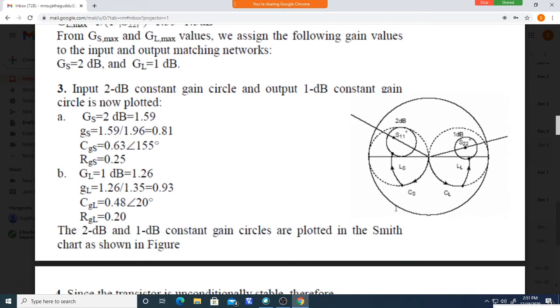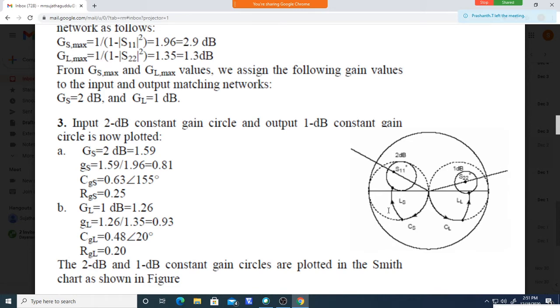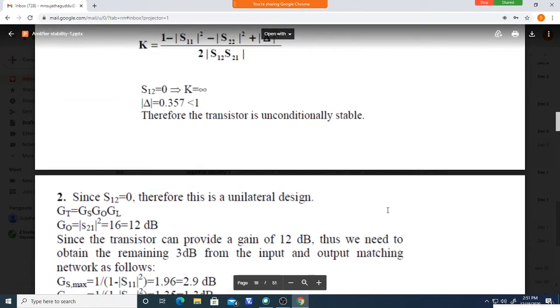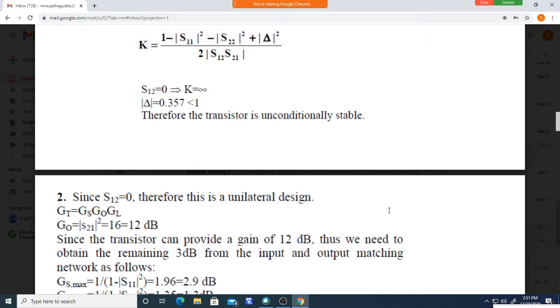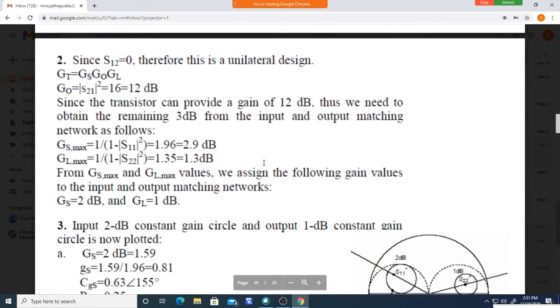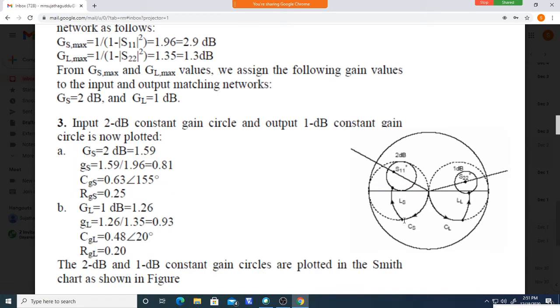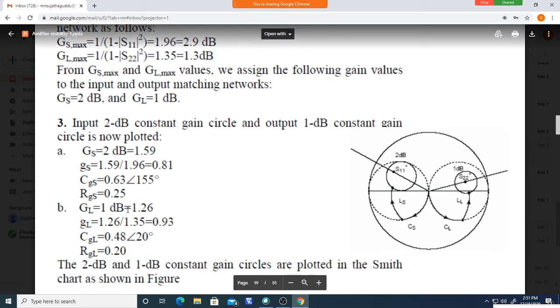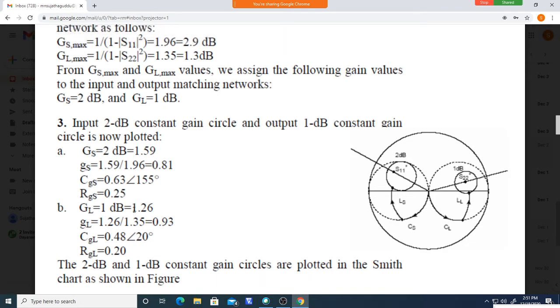The final answer we are not considering. Each step we are considering. So if the stability is correct, you will be getting marks. If you identified whether it is unilateral or bilateral, we will give marks. Next, for doing this, we will be giving marks. Okay, even if the final answer may be wrong, but if whatever else we are expecting before it is correct, out of 10 you may get a 7 or 8, like that. Okay, so don't think you cannot do this problem. Go on step by step, as much as is possible from your side, up to that extent you do it. Okay, in the test or in the examination also.